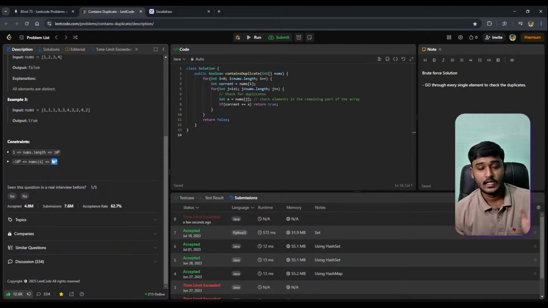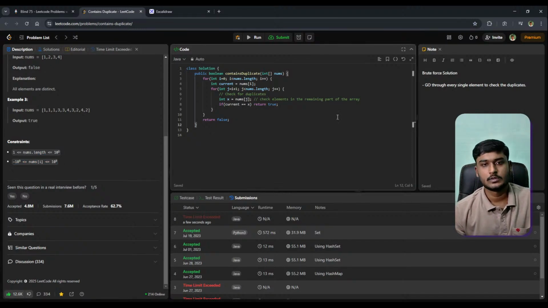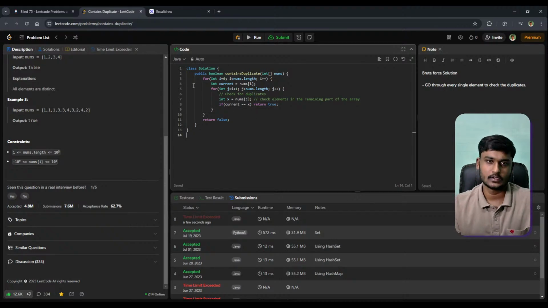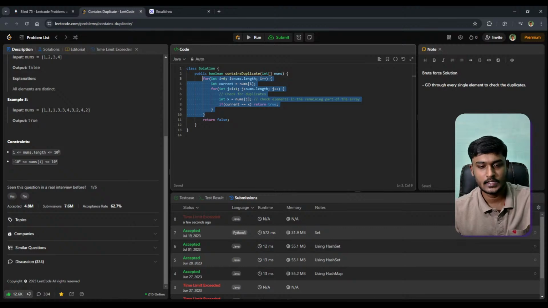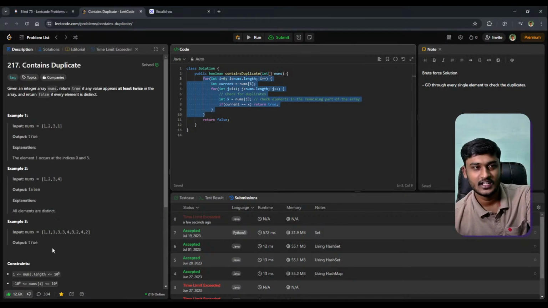So handling that many inputs is not possible with an algorithm like this, because we are using 2 for loops, and for 2 for loops the time complexity will be O of n square. Okay, so this is the brute force approach for contains duplicate.